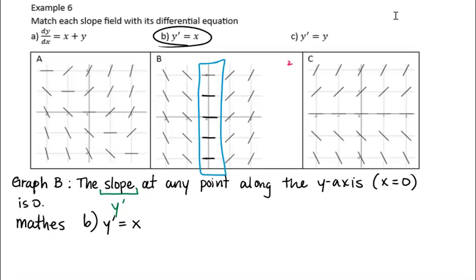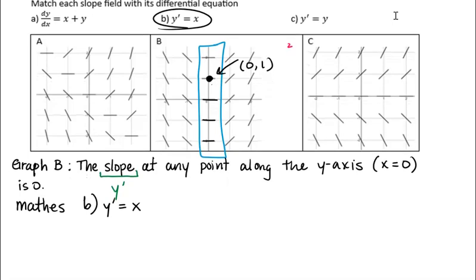So just a quick example of how I'm getting that. Let's say that I were to choose this point right here that looks like the point 0, 1 on the graph of B. If I were going to plug that into the differential equation B, I would replace x with 0. I'm plugging in 0 for x. And I would have a slope of 0, which is why we see that horizontal line segment there on the